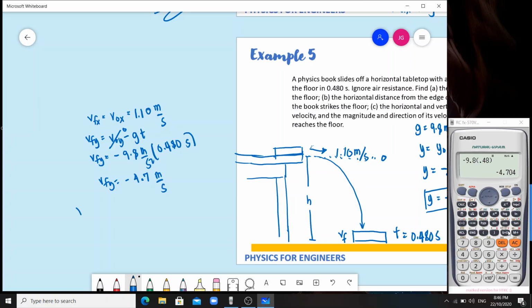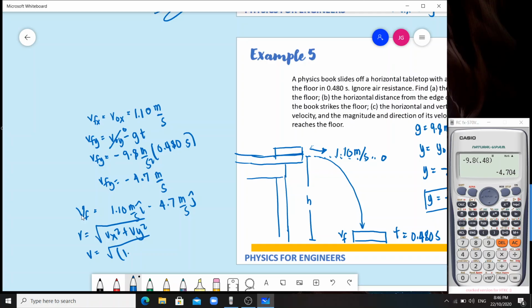Now, ang VF has the components 1.10 meter per second i minus 4.7 meter per second j. So, kung kukunin natin ang magnitude, so Vx squared plus Vy squared,